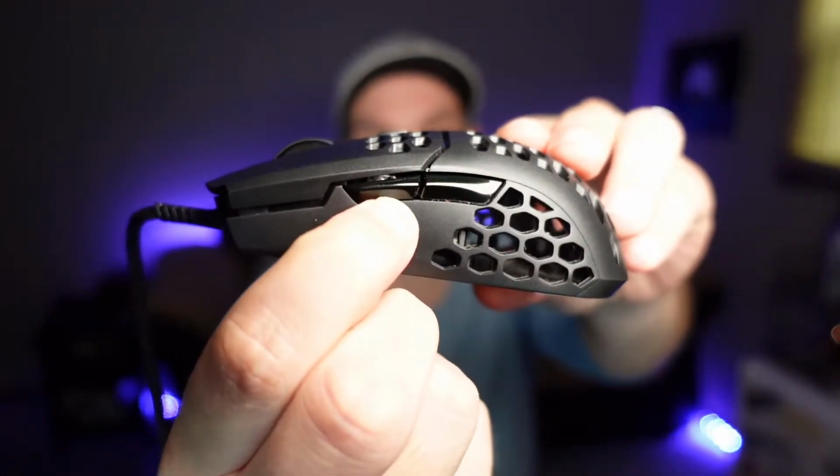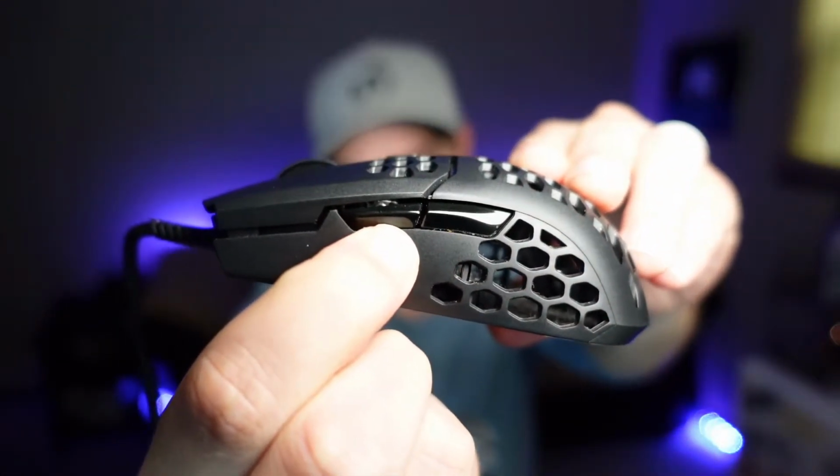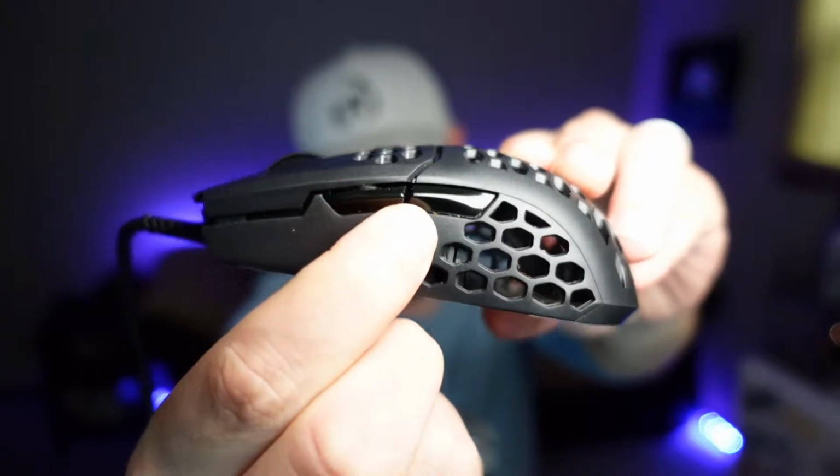There is one thing I want to note though. If you squeeze the side of the mouse, you can get the buttons to actuate. So I'll go ahead and show you what that looks like here. So as you can see, I did get the buttons to actuate by squeezing the sides, but honestly, I've never